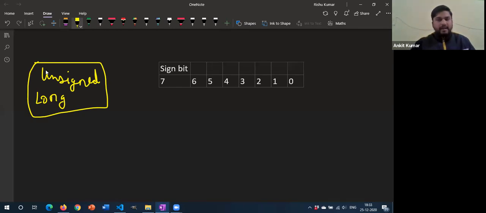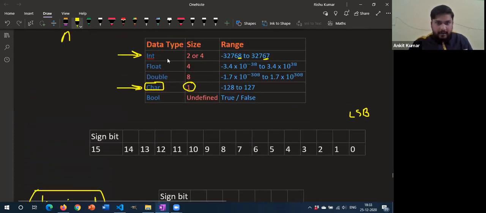Now, with the help of modifiers, you can modify the data types that you have as per your requirements. So you have the integer data type. Now you know that the integer data type can store negative numbers as well as positive numbers, and its range is limited to this particular thing only. But what if you want to store only positive numbers? Even if you try to store a positive number, the maximum number is this only. So that is a great fault.